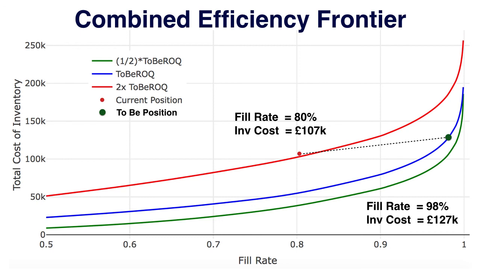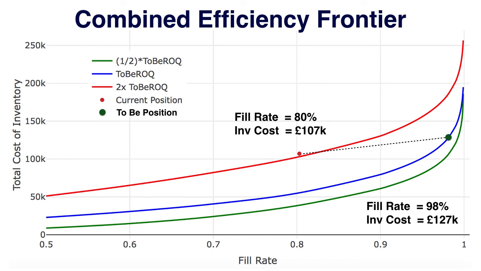And therefore, obviously, with this new improved scenario, you could improve your revenue situation, and the additional profits can help you fund this additional investment cost, and that will give a better return on the invested capital. So you need to really work out the numbers and see whether that makes sense or not. But the point here is, in this example, we have a lot of improvement in fill rate, but a slight increase in the investment cost. Just imagine if I were to cut down the ROQ by half, then I come to